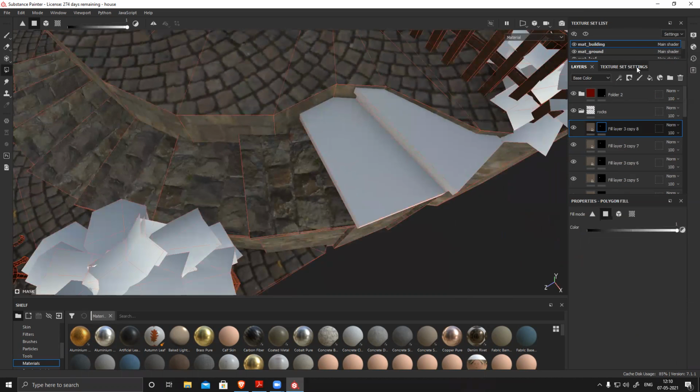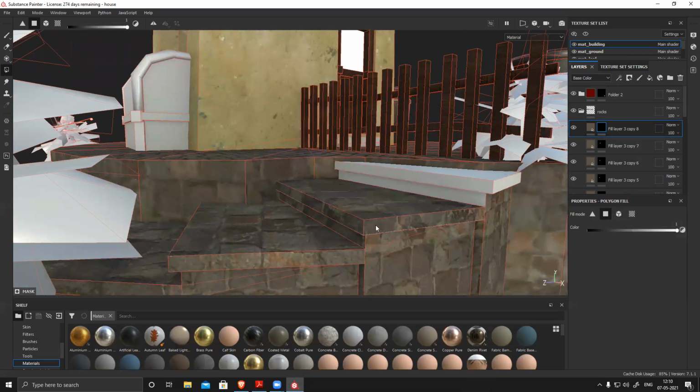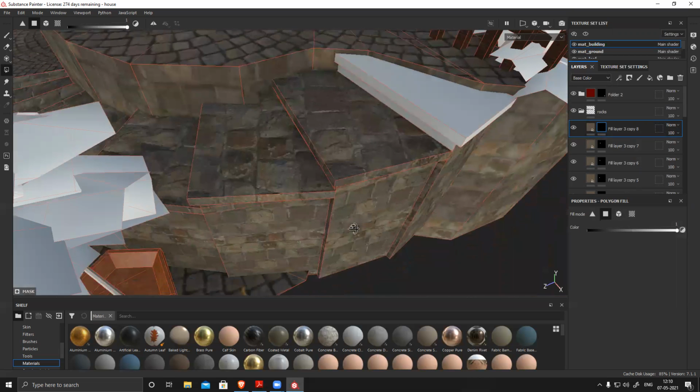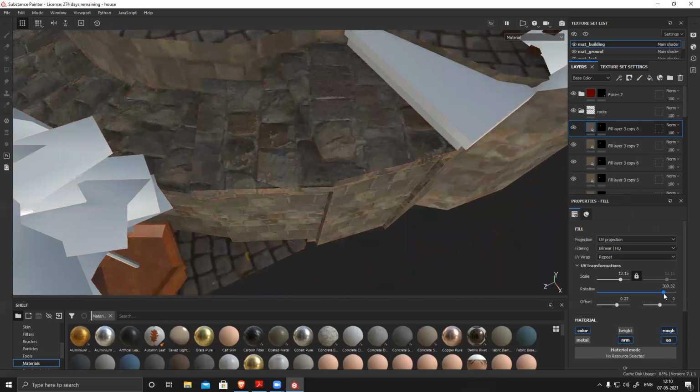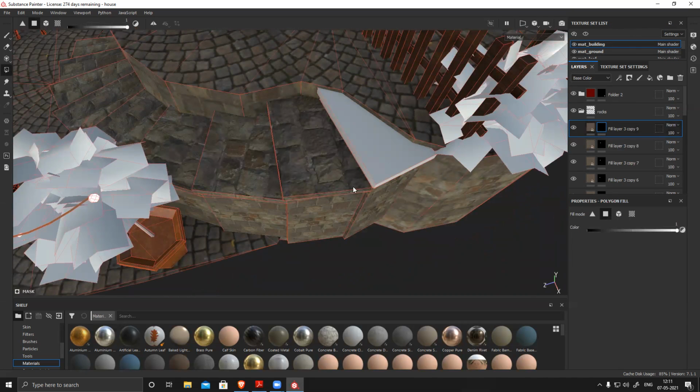Black fill. Black mask. Again rotate. One more last. Duplicate. Black fill.